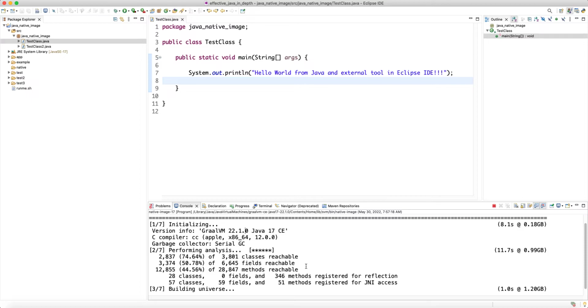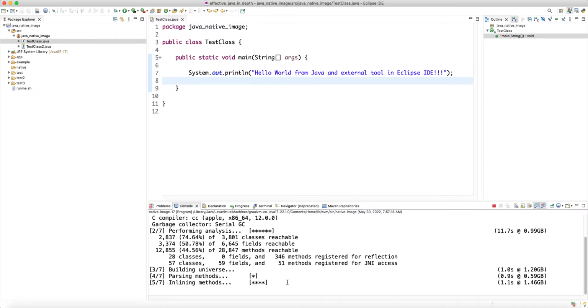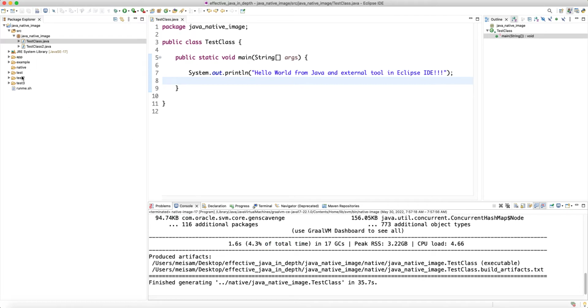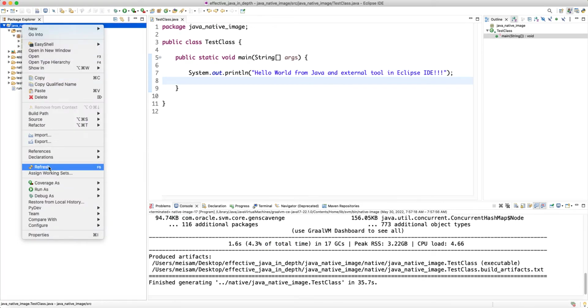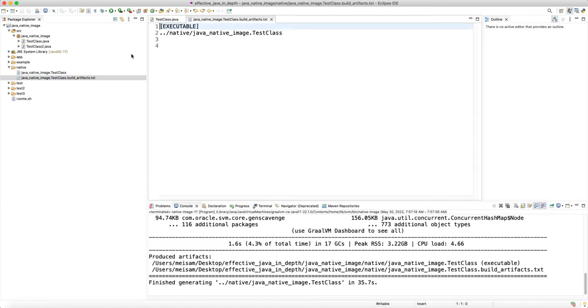And okay, it's compiling, building universe, parsing methods, inlining methods. Let's see if this succeeds or not. Compiling methods. And finished. And if we refresh, now you see inside the native we have this executable and a build artifact